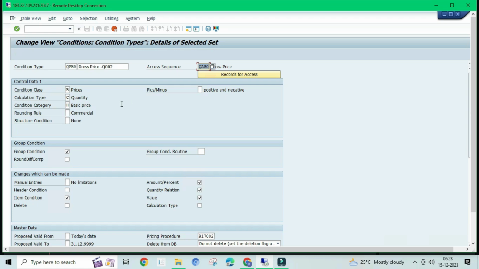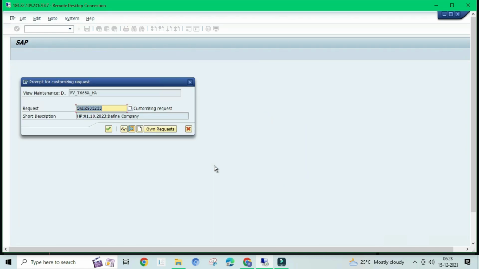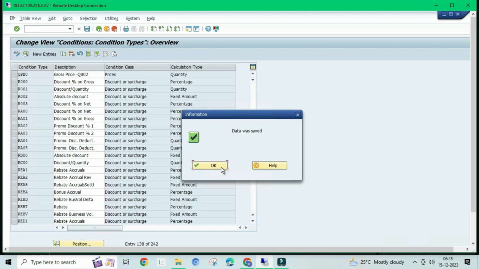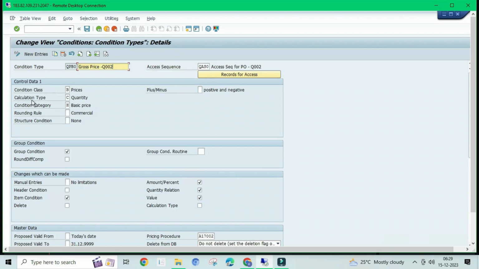QA is 0. So after that, save the data, enter and save the data. In our pricing condition, we need to mention condition class, prices, calculation type, quantity, condition category, basic price, and then